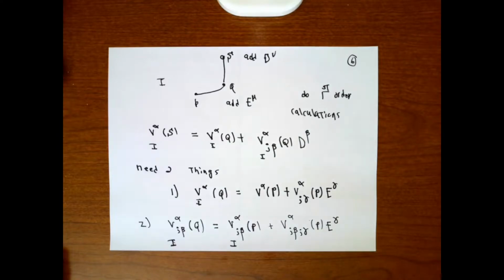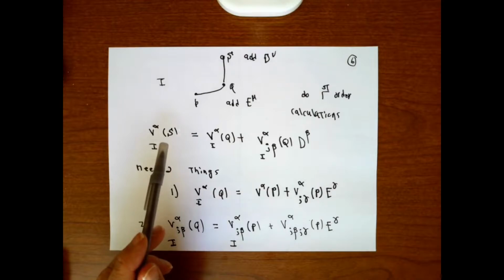So I'm going to start with the coordinates at P. I'm going to add the E numbers to those to end at Q, and then add in the D numbers to end at S. To start with, I'm going to express V alpha along path 1 at S in terms of the quantities at Q. V at S is V at Q plus the rate at which V changes times how much I changed the inputs. So I will write